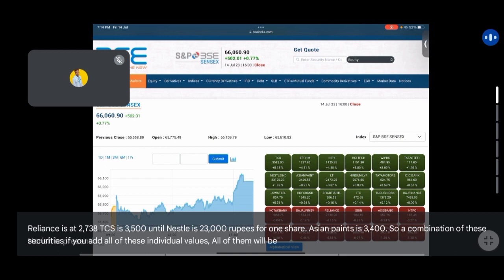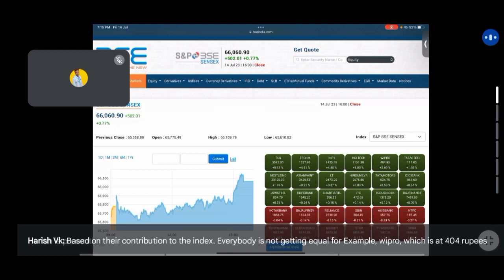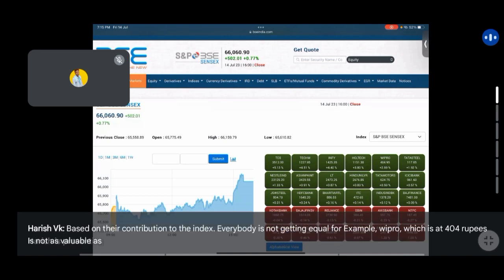So a combination of these securities, if you add all of these individual values, all of them will be given a weight based on their contribution to the index. Everybody is not getting equal weight. For example, Wipro, which is at 404 rupees, is not as valuable as maybe a TCS. So TCS may be given 3 weights and Wipro might be given 1 weight based on how BSE designed this